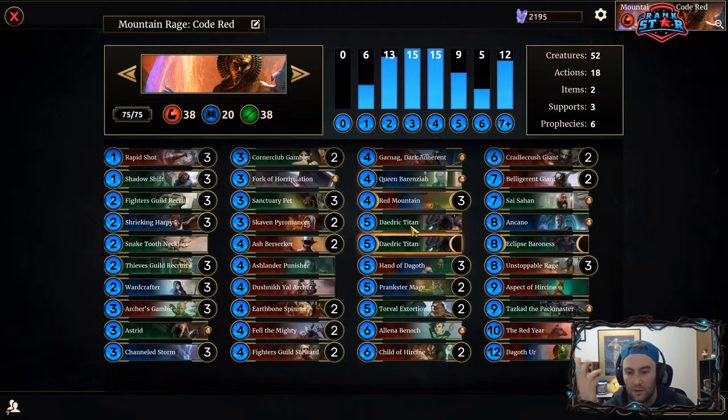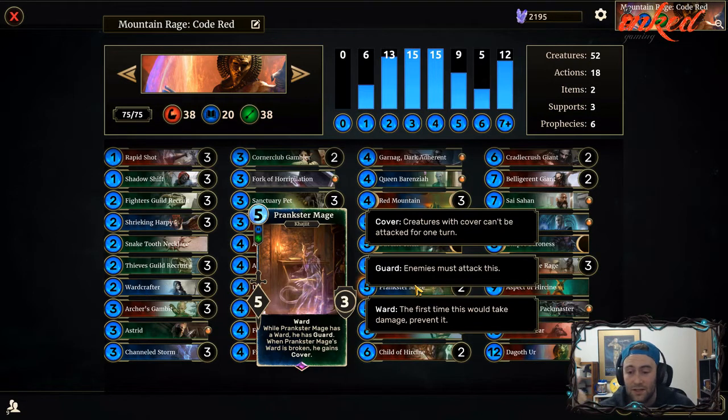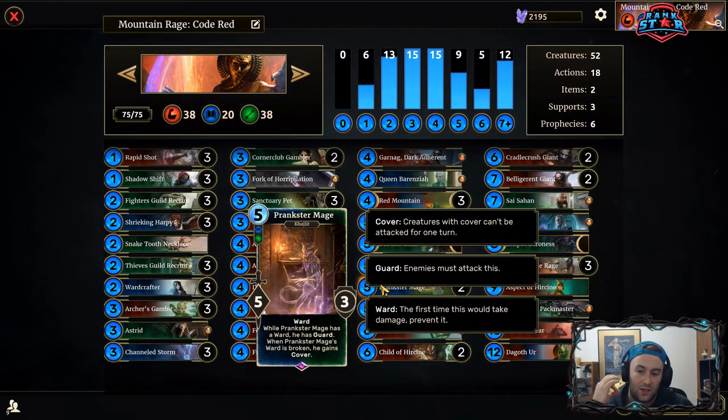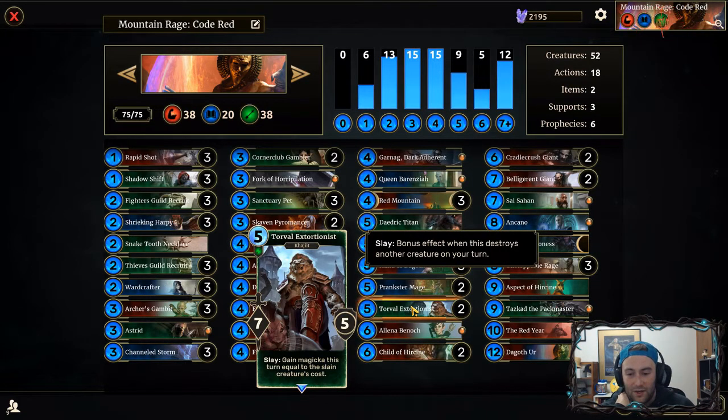And so you can see that we have a lot of different cards with 5 power or more. Queen Baronzaya, Daedric Titan, Hand of Dagoth. This was one of the other ideas I had. Prankster Mage. Prankster Mage coming down is a little bit more defensive than this deck I think normally would like, but it actually has been playing really, really well for me to kind of secure the board in the mid game. Torval Extortionist, which is absolutely awesome with both rages and just in general, huge body, great threat, and